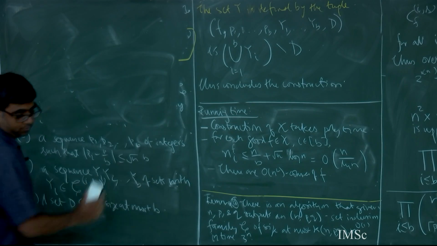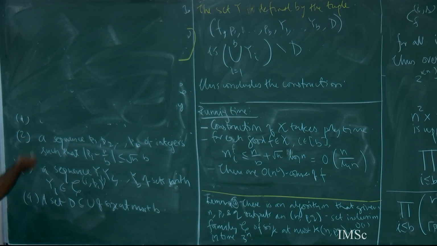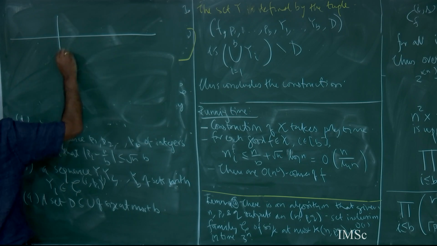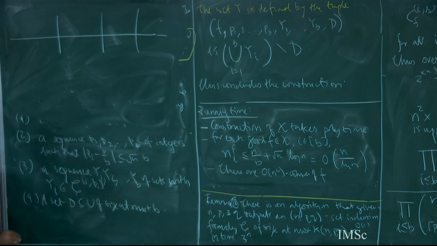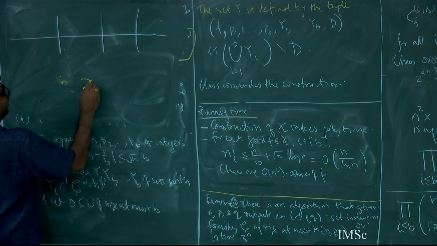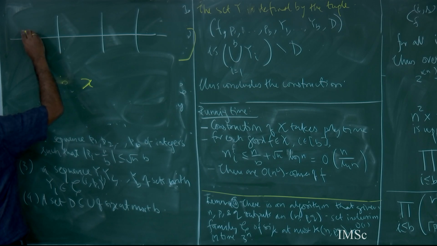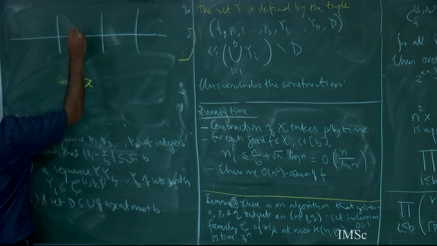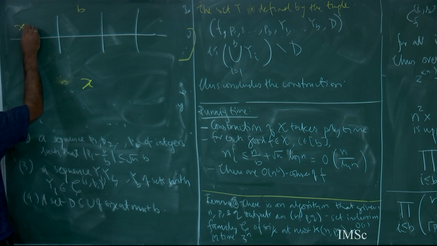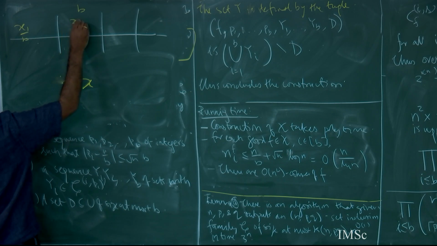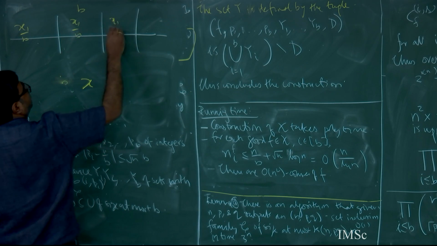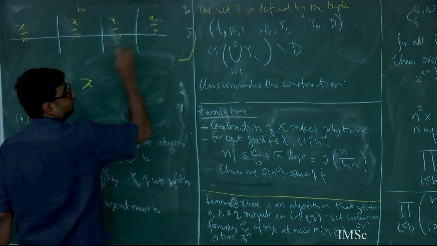Okay. So what happens is that you have a universe, and you put sticks, right? You are trying to pick a set of some fixed size, say x. So how do you pick this? You say, okay, look, I'm going to pick x by b from here, x by b from here, x by b from here, and x by b from here. This is what it is.